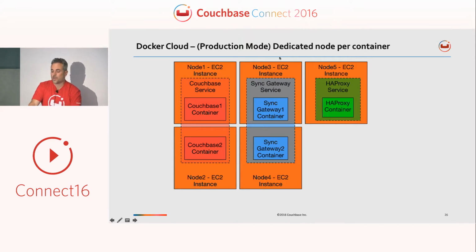Another way you could run this, which might be a little more in production mode, is to have a one-to-one mapping between your containers and your physical or virtual machines, because Couchbase Server wants all the hardware. So it's usually never recommended to run anything on a machine next to Couchbase Server. And with Sync Gateway, there's not really a lot of value in running multiple on the same instance, but there are some advantages in the sense that